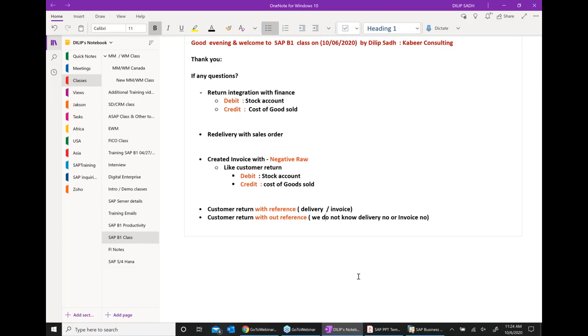It is very difficult to recognize on what date we got the material back. They are your items, your components, but we don't know which date. It may be Friday, Thursday, or Saturday. They are all lying in my store in the same location. I have 200 pieces and I don't know which 100 came from which sales order or delivery. There is no marker. So in that case, you can return the material without reference.